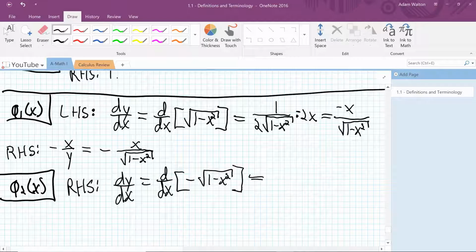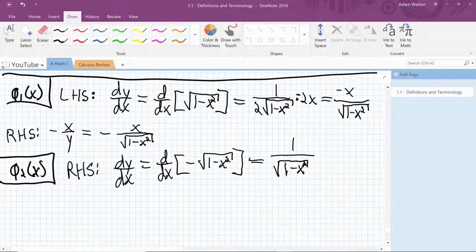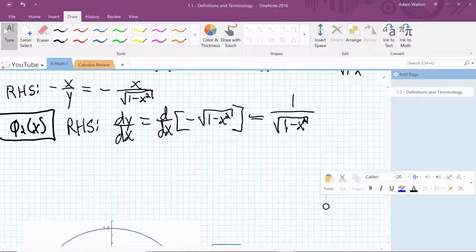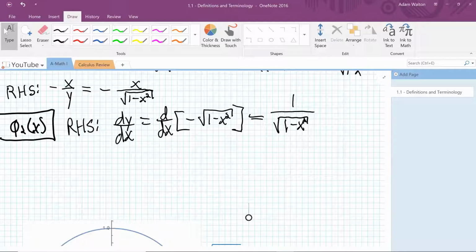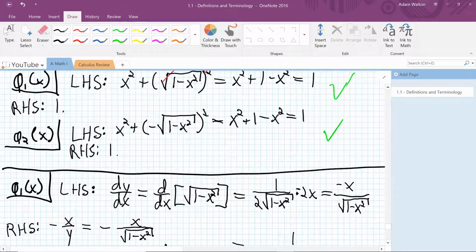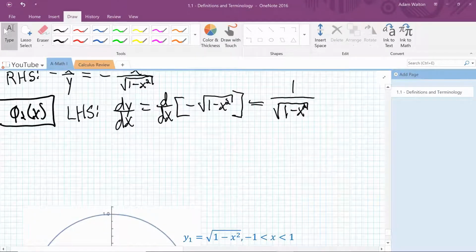So that's just going to be equal to x divided by the square root of 1 minus x squared. Oh, I'm sorry. This is the left-hand side approach, not the right-hand side approach. My apologies. So now we're going to do the right-hand side approach,